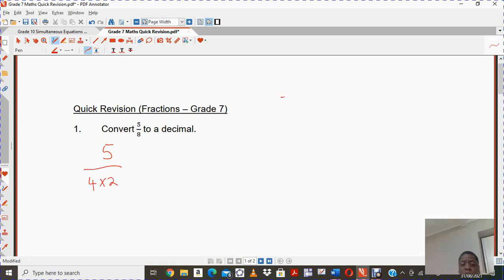And something else you should remember: 5 over 8, I can write it as 1 over 8 times 5 over 1. It's actually the same thing. I hope you're with me, okay? Because I want to make the denominator a power of 10 so that it's easier for me to divide. So powers of 10 are numbers like 10